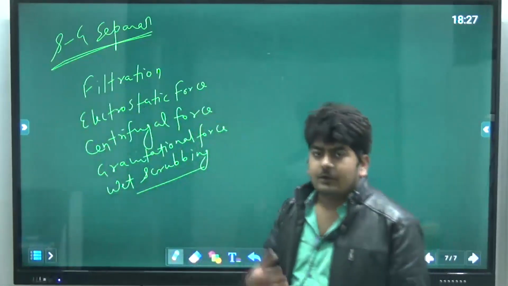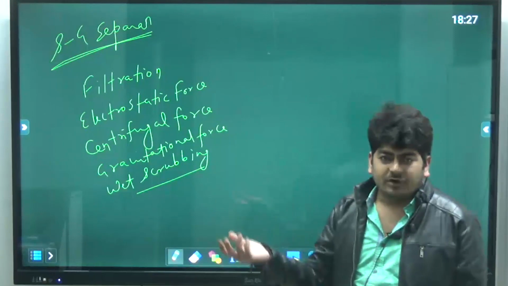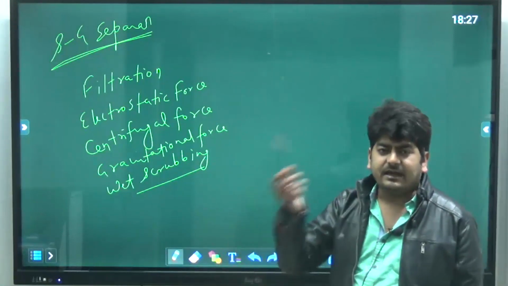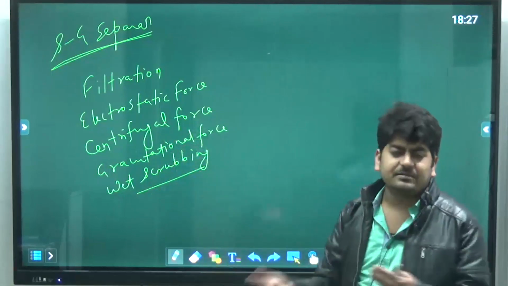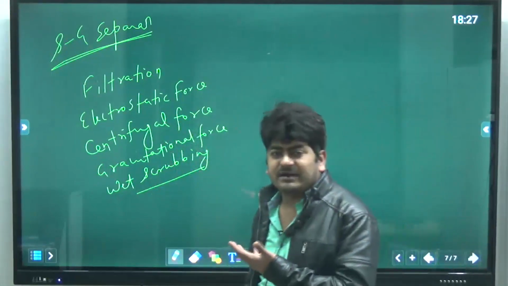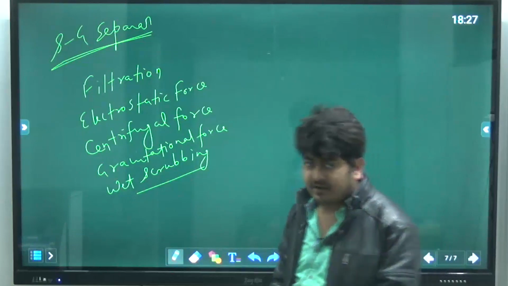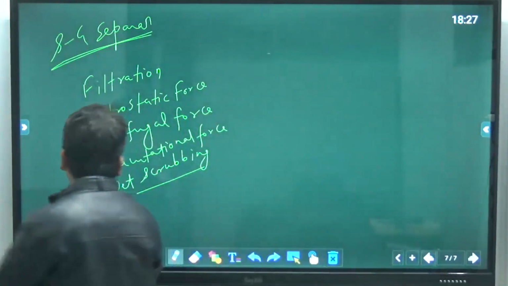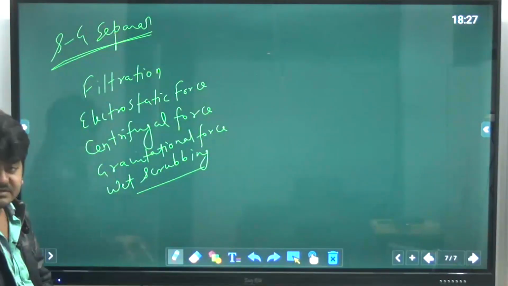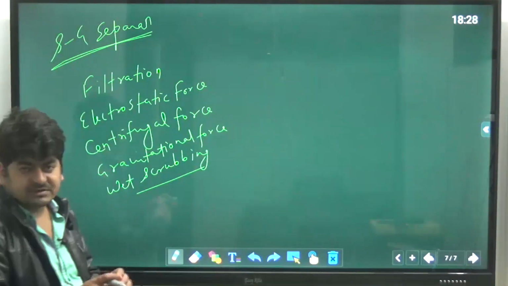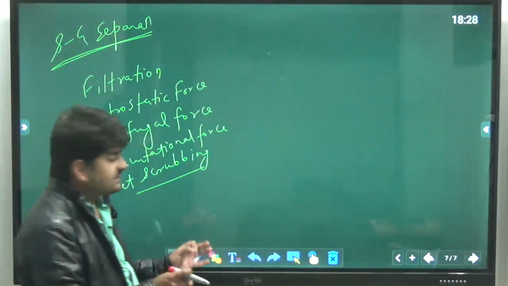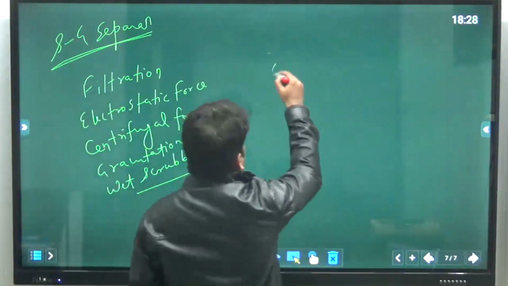Similarly here, to remove the solid particles, we use water in most cases, and those solid particles go into the water and separation takes place. They get separated from the gases, and these solid particles are undissolved solid particles. Venturi scrubber is one of the common equipment we use for that. Here I am not going to discuss all those things. The main thing is the cyclone separator, so we will talk about that only.